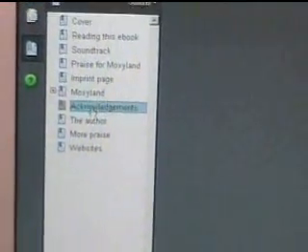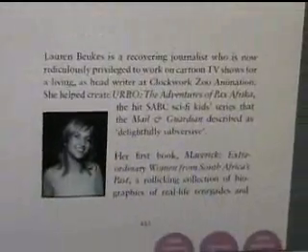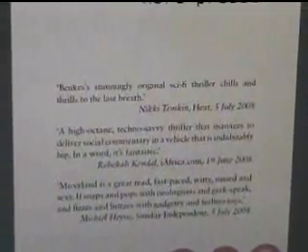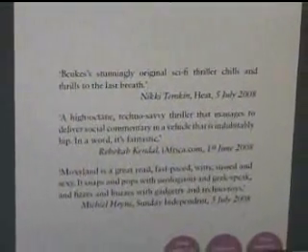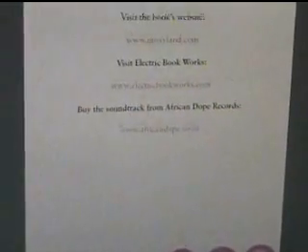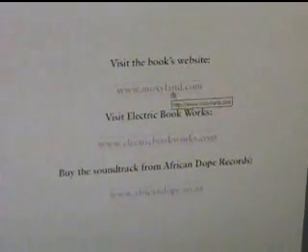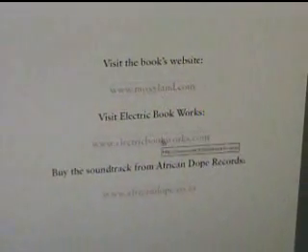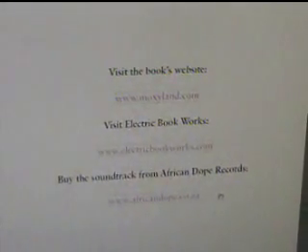Go back over to my bookmarks here. We've also put some other things in the book. Lauren's acknowledgements to the people who helped her when she wrote the book. A little bit about the author herself. You can see there's a picture of Lauren in the ebook. Some reviews about Moxieland and how brilliant it is. There's been a lot of reviews about the book since the print edition came out. And just some useful websites relating to the book itself: Moxieland's own website,